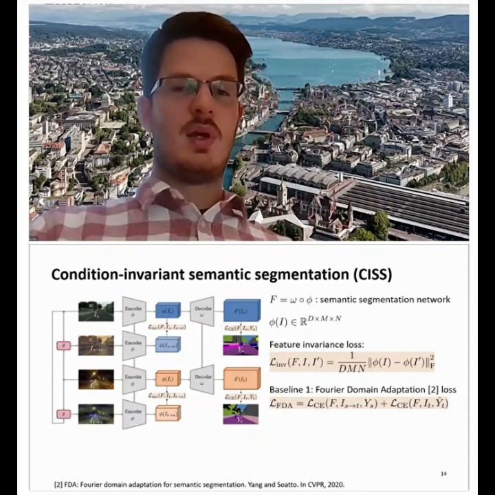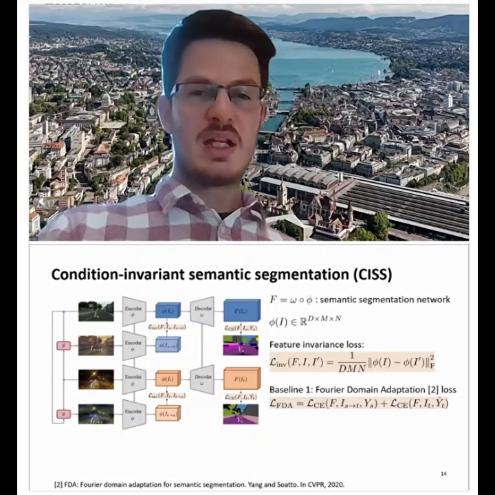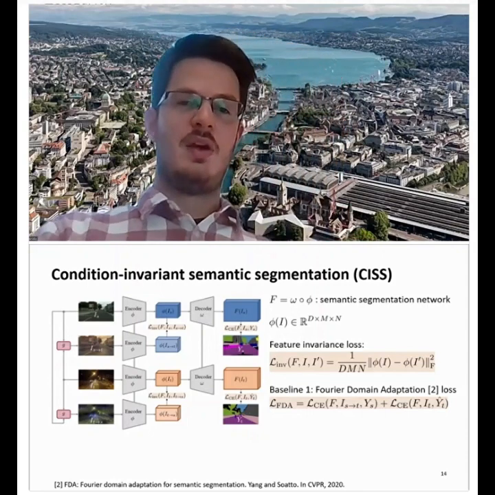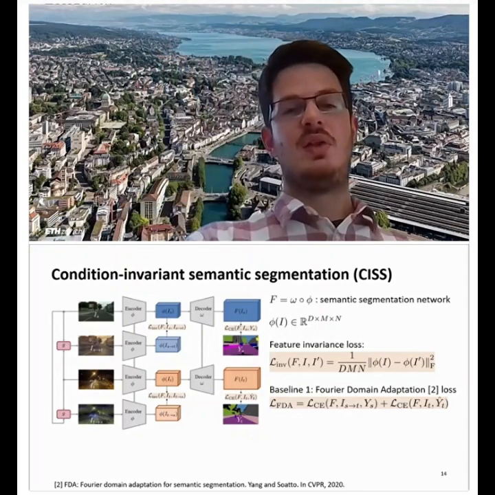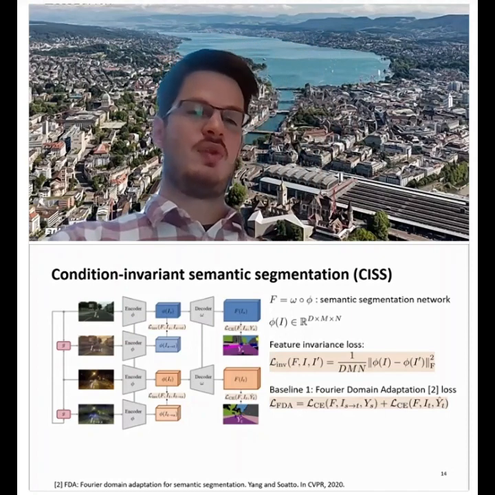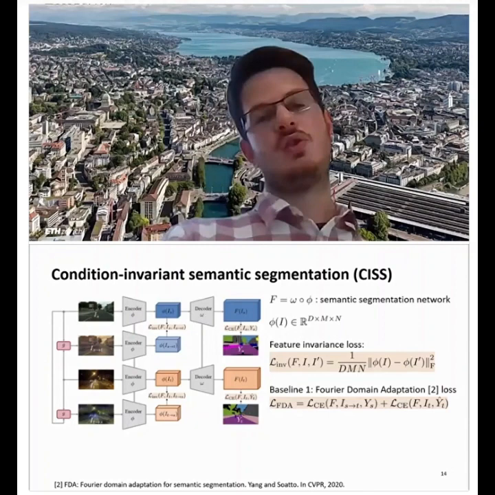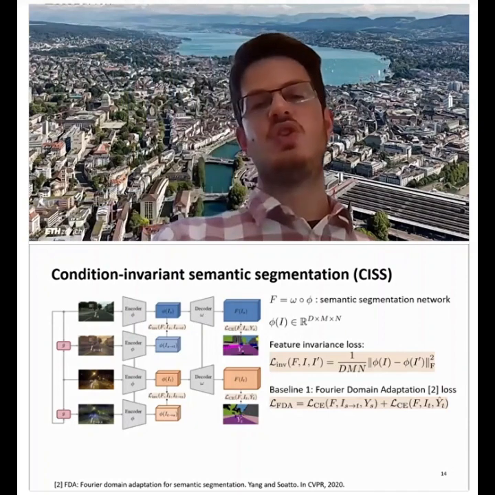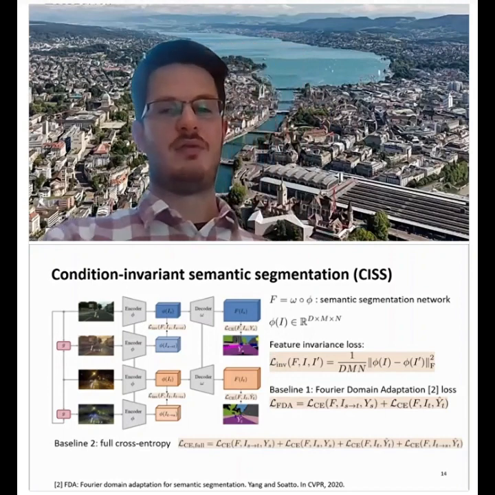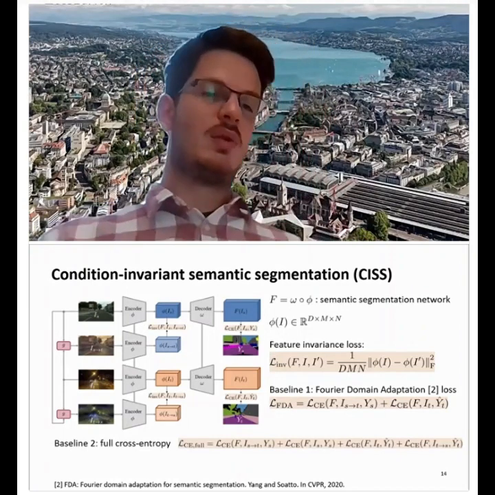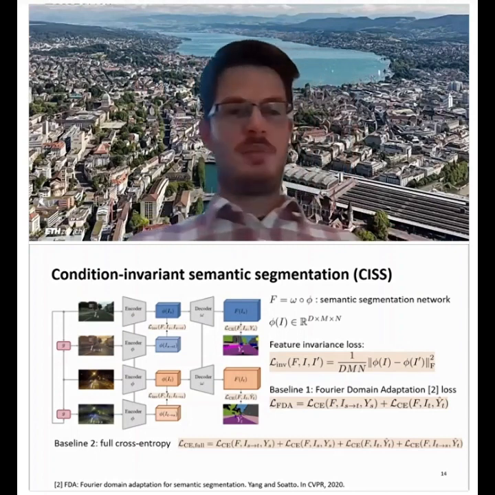So this is what is done in the Fourier domain adaptation loss, where basically the authors propose to supervise the stylized image IS to T from the source to the target domain, and also supervise the prediction for the target image IT with the pseudo labels Y hat T. And finally, one could go even further and propose to